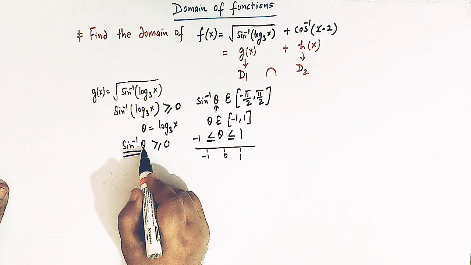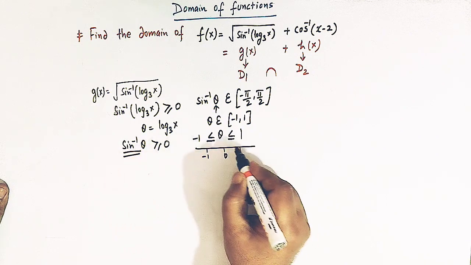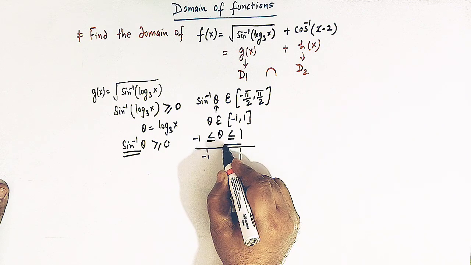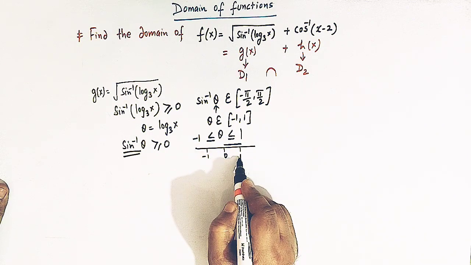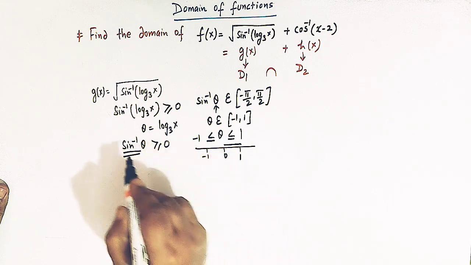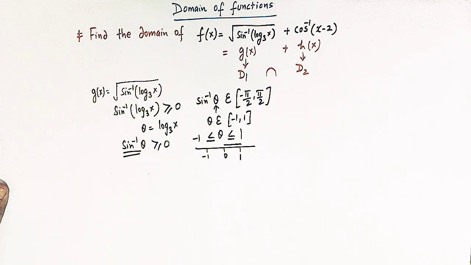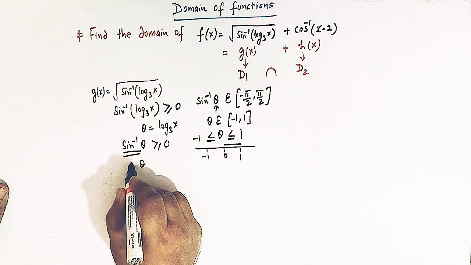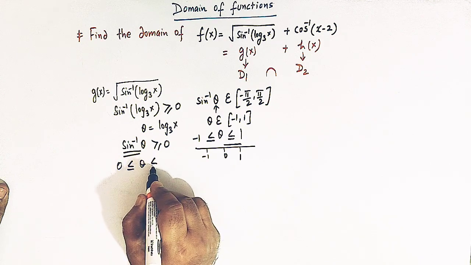So for sine inverse theta greater than or equal to 0, we have to take only this interval, right? Because when we take theta from 0 to 1, then only sine inverse theta is greater than or equal to 0, right? So our theta must be greater than or equal to 0 but less than or equal to 1,